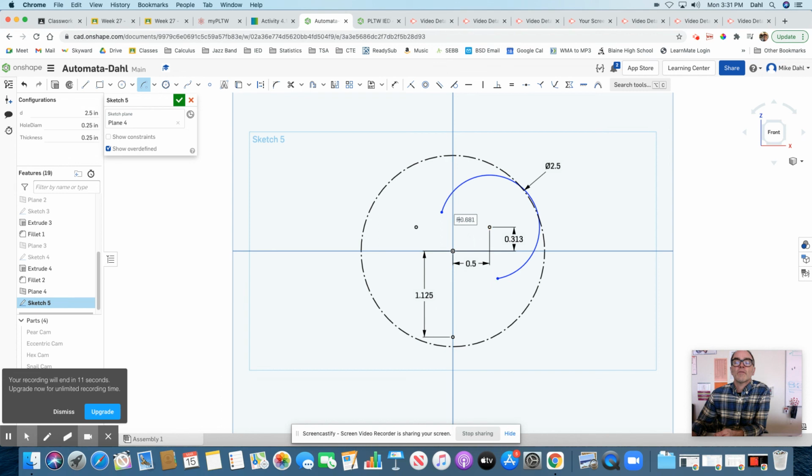Okay, so now it's saying, well, how big do you want the radius to be? Well, that's going to be D. Oops, click on your dimension, try it again. Needs to be D over